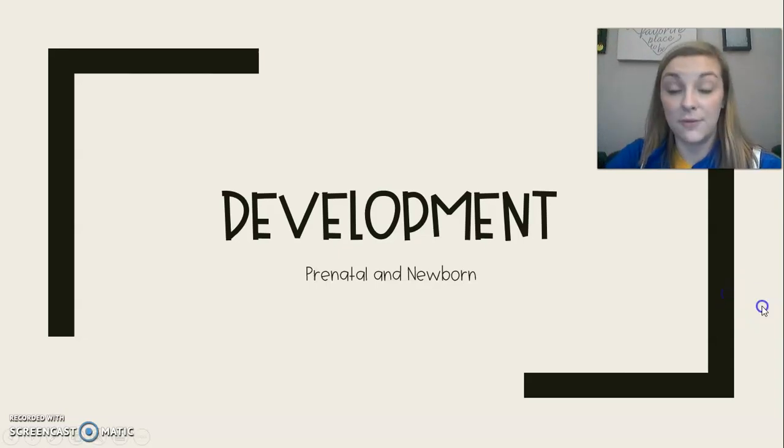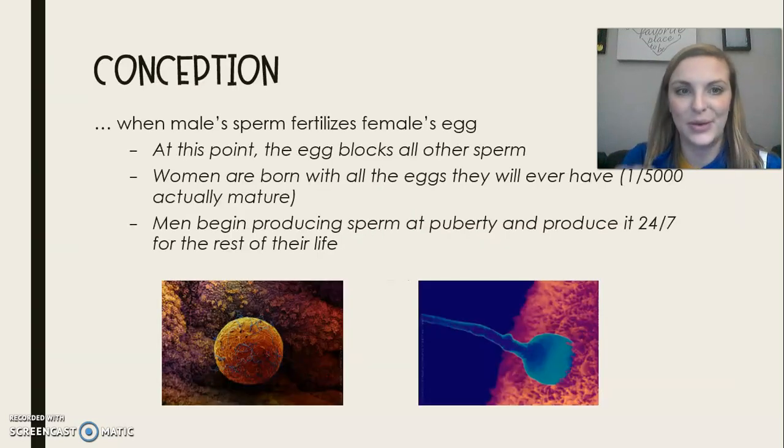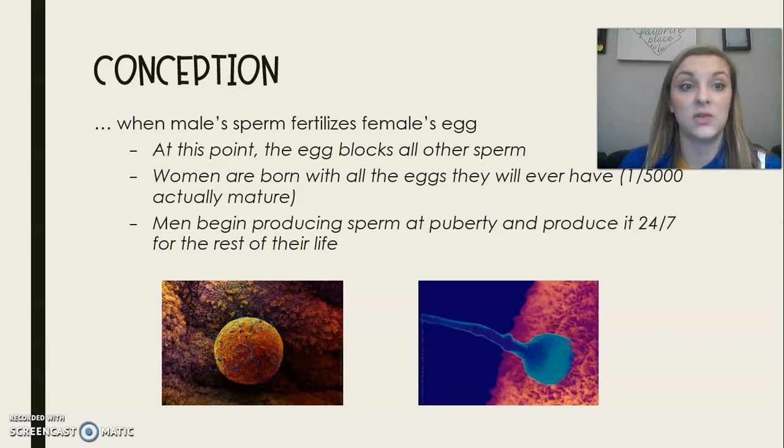Okay, let's talk about the first two chronological stages of development, our prenatal development and newborn development. So we're going to start prenatal development at the moment of conception. This is the moment when a male sperm fertilizes a female's egg. And at this point that sperm wins the race and enters into the egg, which is down here in this